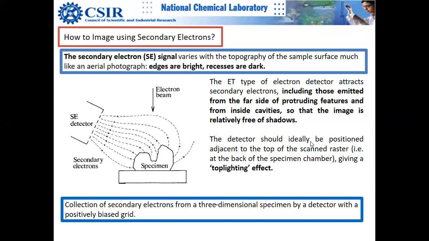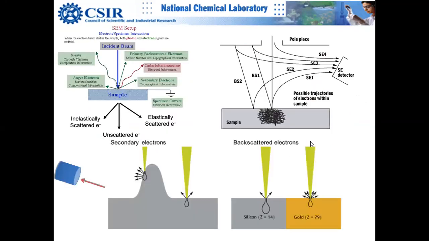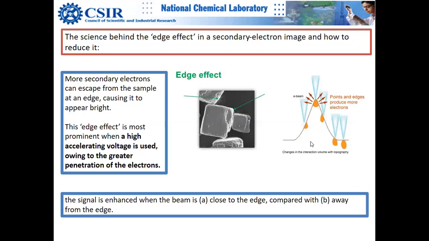The secondary electron signal varies with the topography of the sample surface, much like in an aerial photograph. So edges are bright and recesses are dark. So you have valleys, which will look darker, and the edges, the peaks, will look bright. So that's why SEM images, in contrast to TEM images, are quite attractive, and I will show you some examples of edge effect